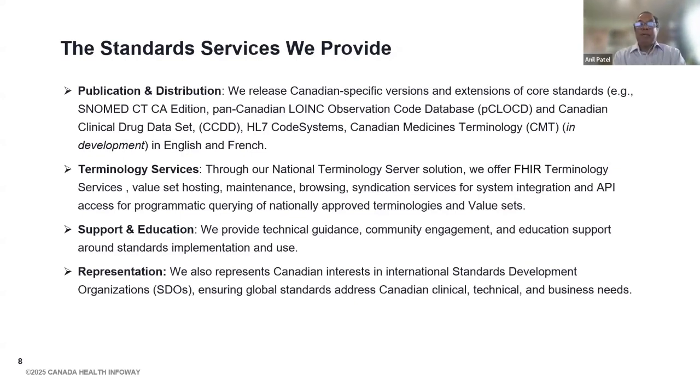When you look at publication and distribution, we release Canadian-specific versions and extensions of the core standards like SNOMED CT Canadian edition, the Pan-Canadian LOINC Observation Code Database, or sometimes called PCLOCD, the Canadian Drug Dataset, CCDD, and HL7 code systems, too numerous to name. And up on the horizon is the Canadian Medicines Terminology, CMT, which is in development. And all of these are in English and French